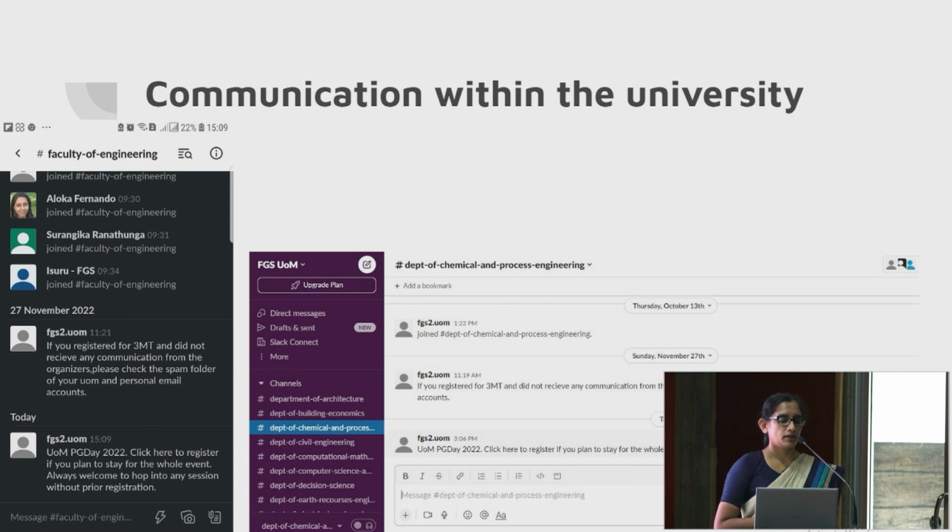to email. So the good thing about this Slack platform is you don't need to connect it to a mobile number. And unlike WhatsApp, within one workspace, you can have different channels to communicate different matters. So we have tried to create different channels for different departments, different faculties, and then group the postgraduate students, so that the discussion can continue in the virtual space.